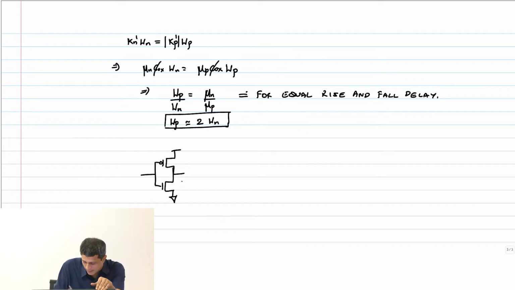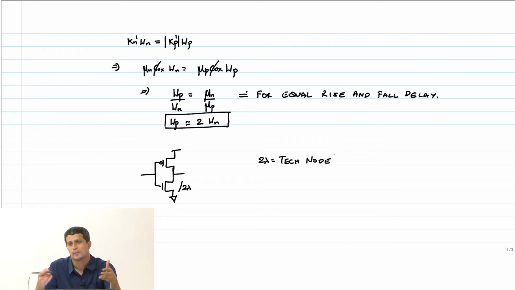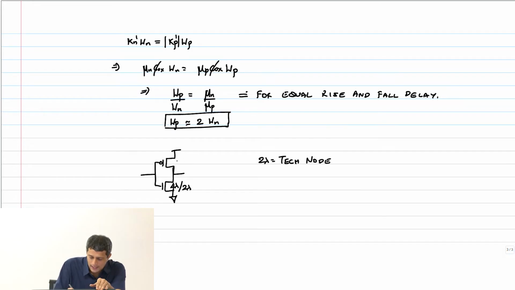We say that the length is 2 lambda, right? So, 2 lambda equals the technology node. If it is 180 nanometer, its 2 lambda is 180 nanometer, that means lambda is 90. If it is a 14 nanometer technology, then 2 lambda is 14 nanometer, right? That is the convention. Then typically this will be 4 lambda and this length will be 2 lambda, this will be 8 lambda,